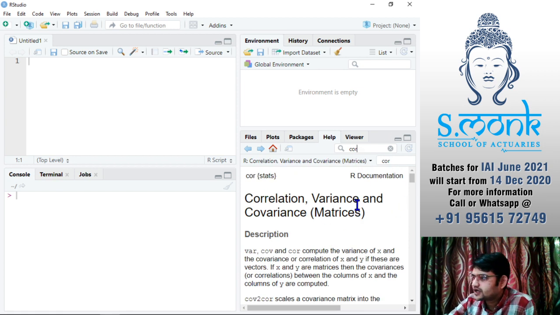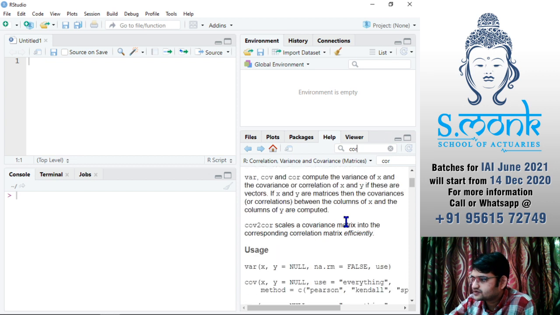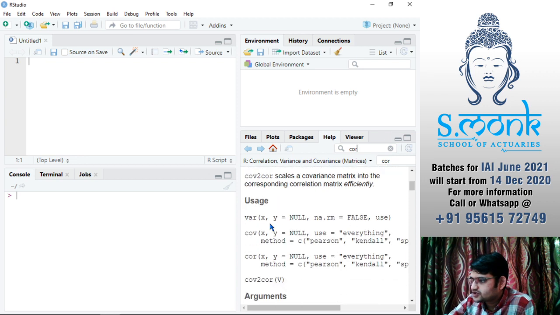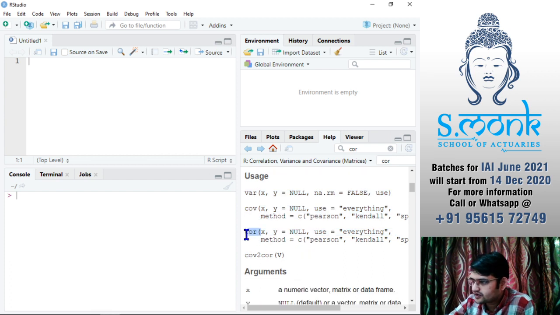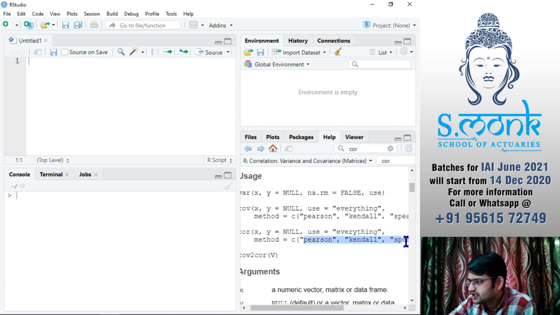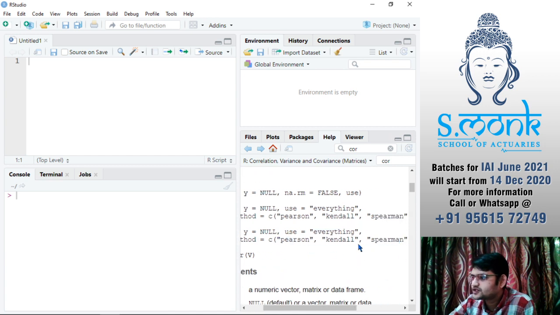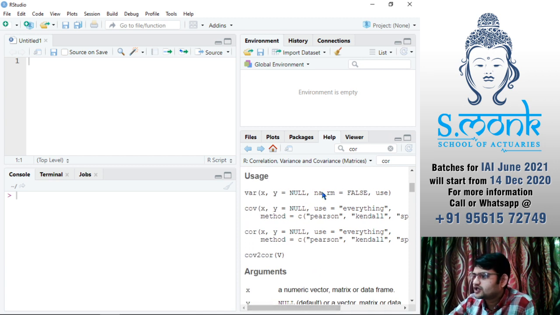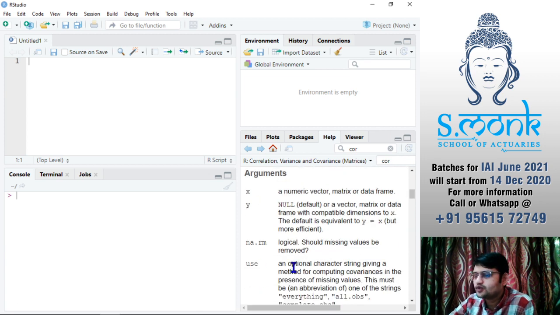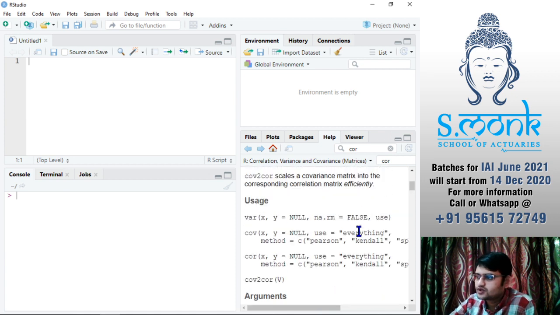Here we have correlation, variance and covariances, three different things. We are looking for correlation only. We have x, y, use, and method, where you can see Pearson, Kendall and Spearman. Now you have the spelling here as well. I use help a lot to figure out the spellings, and sometimes what kind of arguments we are going to use.